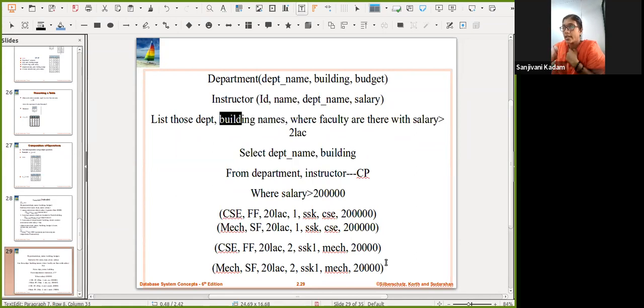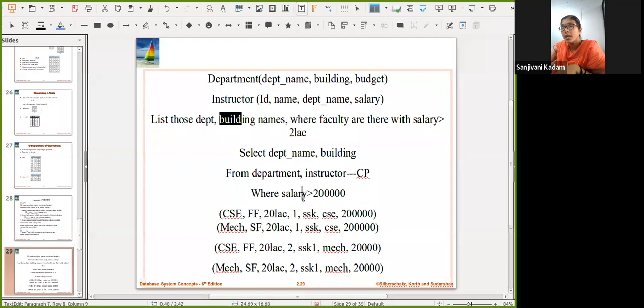So this is the faculty who has a salary greater than 2 lakh. The department of SSK is CSE and CSE is located on the first floor. So this is department name and building name. This is the expected output.